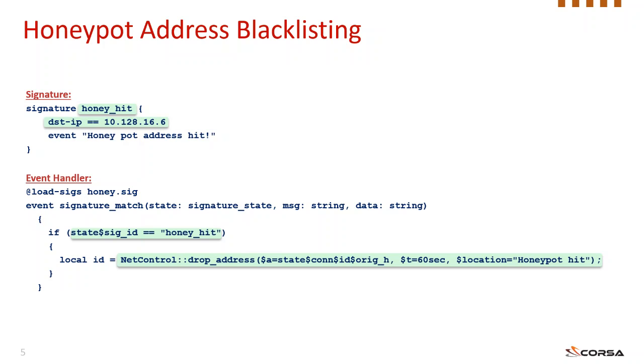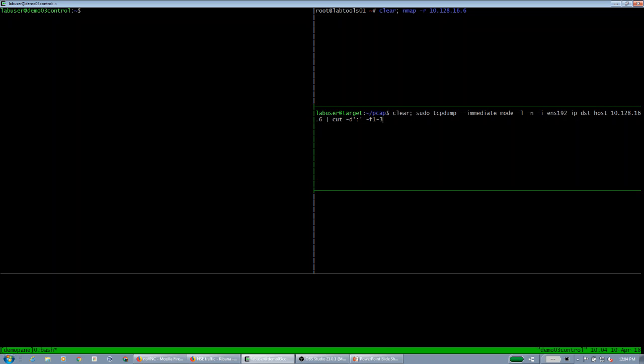To do this, I've created a Bro signature to detect attempts to access a reserved honeypot address. The signature just identifies packets with destination address matching the honeypot address, and a signature match event handler calls the Bro NetControl framework to block the source address attempting to reach the honeypot address. The NetControl framework uses a Corsa plugin to install rules in the Red Armor through a REST API. So if we go to the screen,